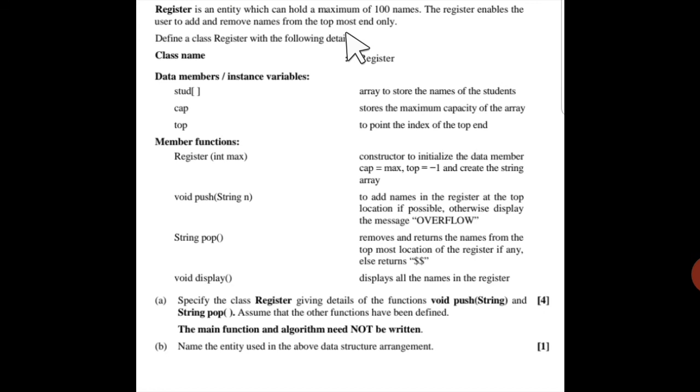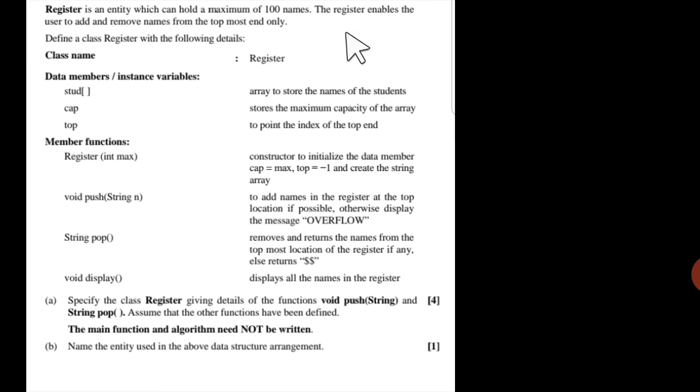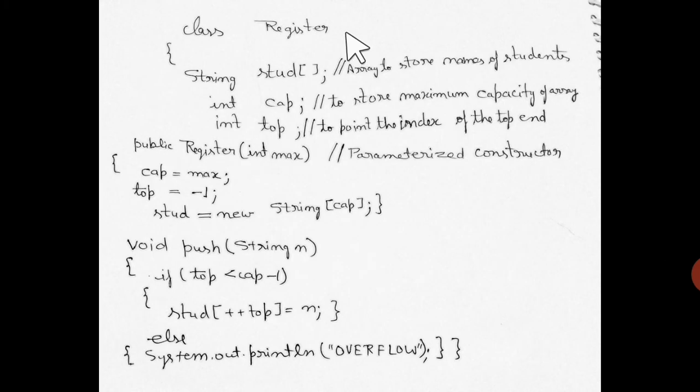Now we move to the solution. Okay, now student, here we have the class register, string stud square bracket, that is for the array, then int cap, then int top, and here in the comments it is written array to store the names of the student, int cap to store the maximum capacity of the array, int top to point the index of the top end,